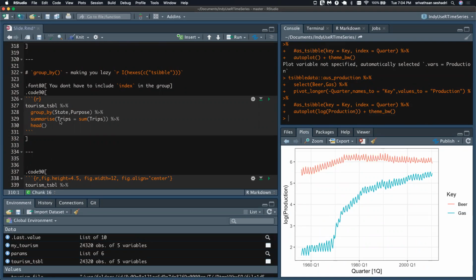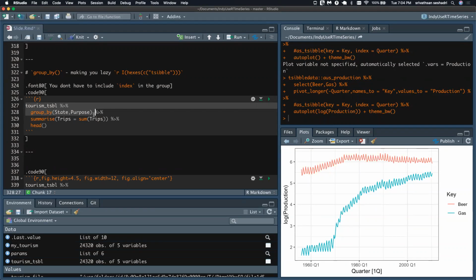The other thing that you could do is use the tidyverse dplyr group_by functions, right? So I took my tsibble and I grouped the data by state and purpose, okay?